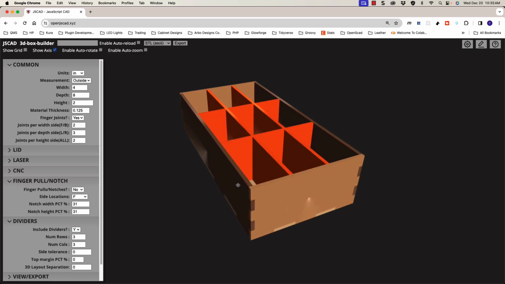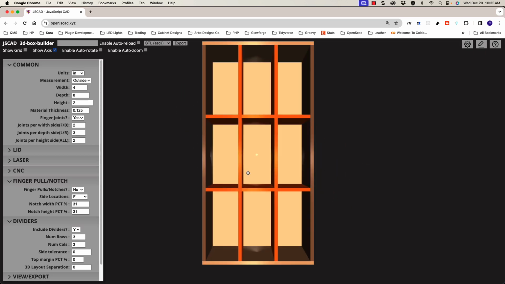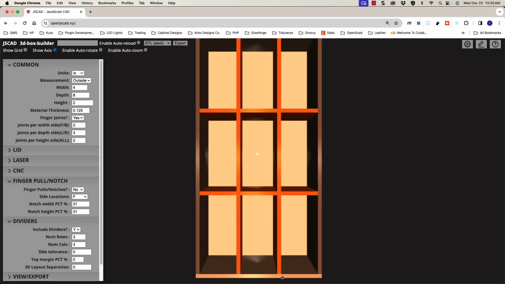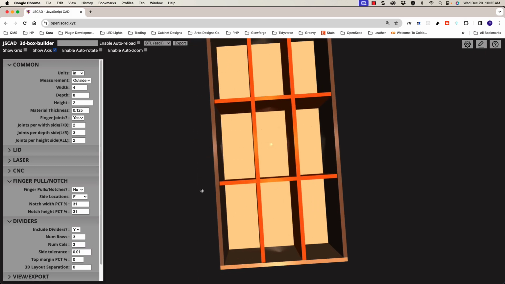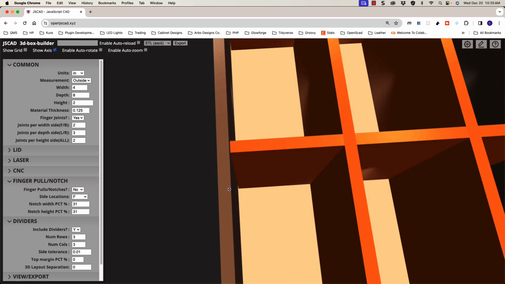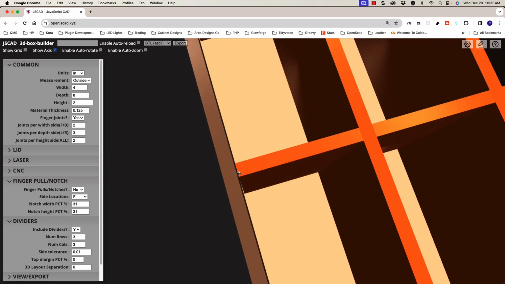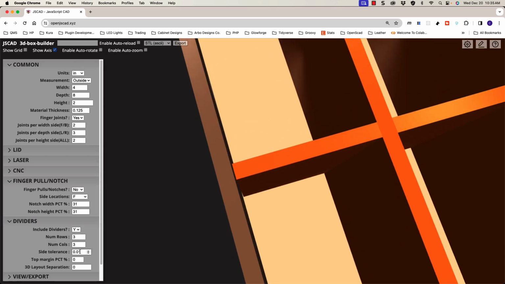So let's see, some other parameters we have is, okay, let's go back in the top view. If you ever wanted to, this side tolerance, if you don't want it real tight on this side, on any of these points here inside the box, all of these here, you can add a little bit of a tolerance. That's what that is. So 0.01, then you can see that it leaves a little gap there. You can see a little gap down here. So that's what the tolerance is right there. You can see it there. If I take that out,